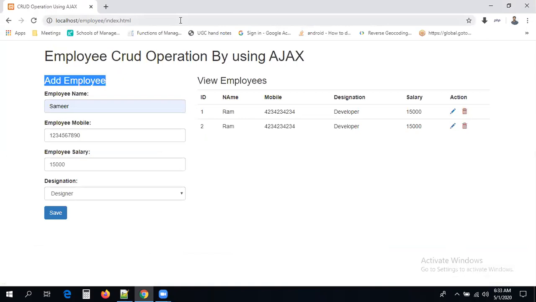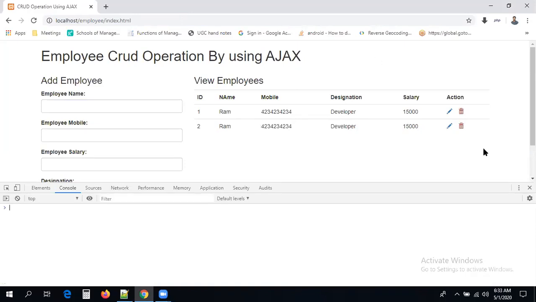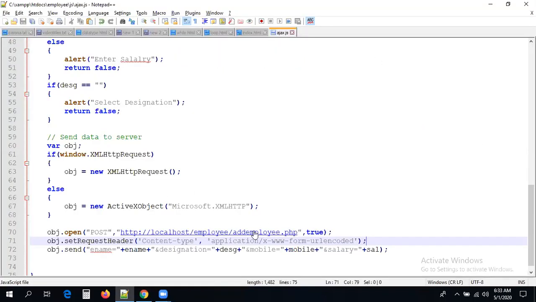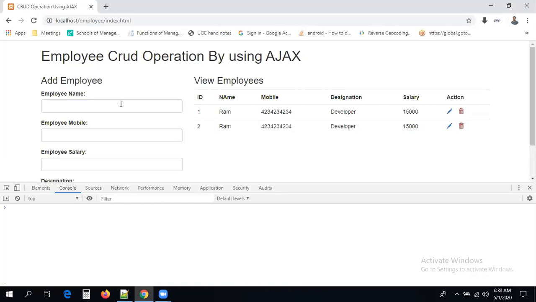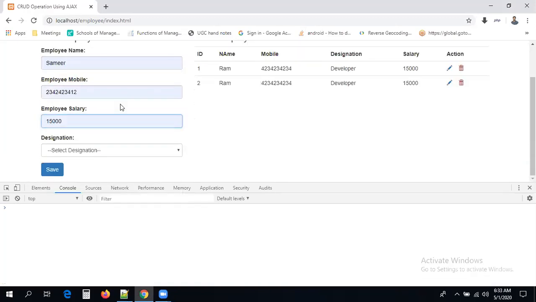But let me check whether the request is hitting the server or not. I want to check in the console if you got an error. Now we don't have this file. I think this file was not created: add employee.php. Let me enter some data and submit the same here. You may have an error called post error. Can you see 404? This request was not found. Whatever file we are requesting, that file was not available on the server.